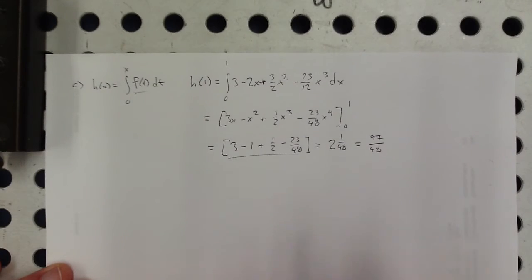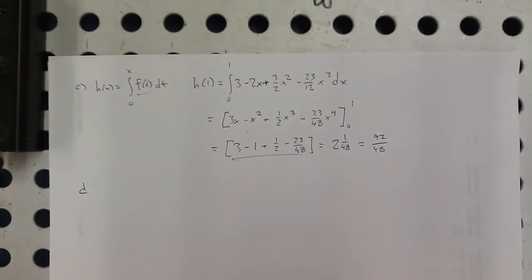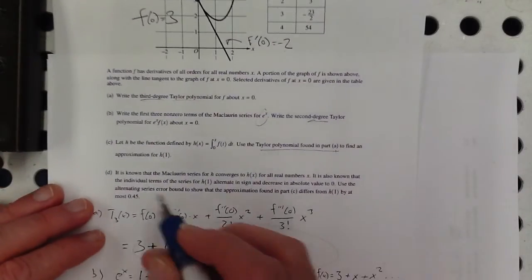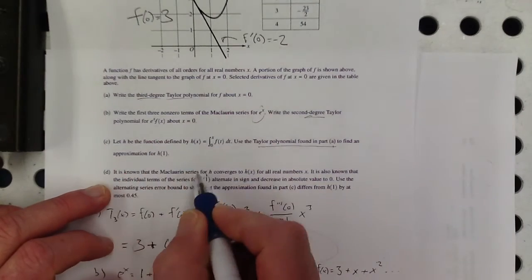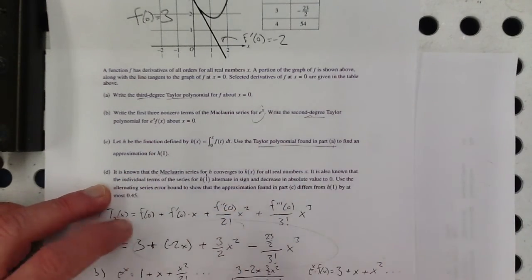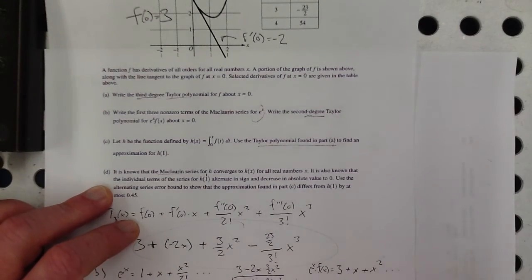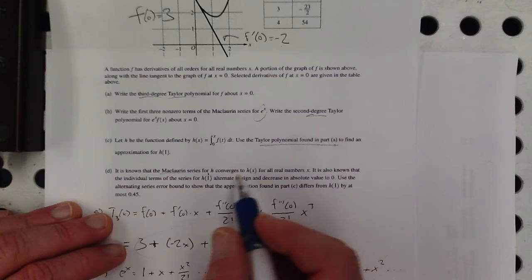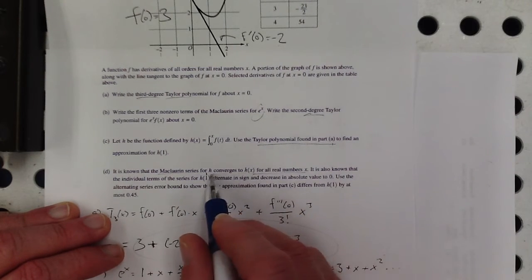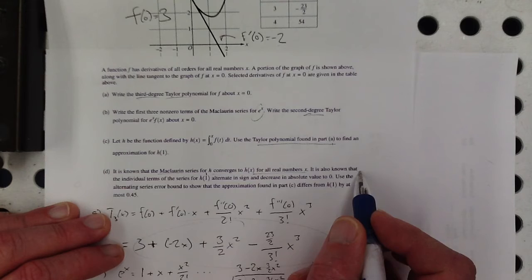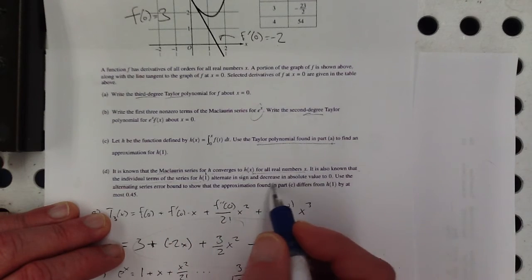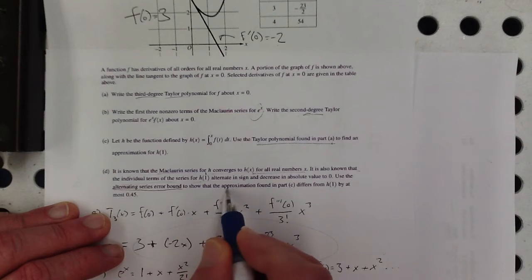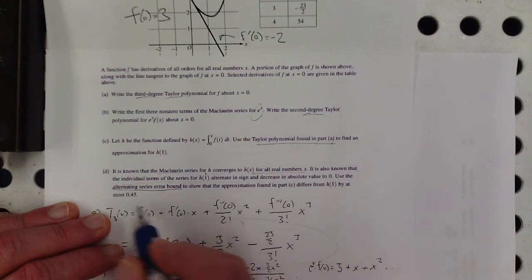Okay? And then part D, it is known that the Maclaurin series for h, it's a little weird that they call it Taylor here and Maclaurin series. I don't know why they would use both. For real numbers, it converges. It is also known that the individual terms of the series alternate and decrease in absolute value. Oh, that means I can use the alternating series error bound to show that the approximation found in part C differs from h of 1 by at most